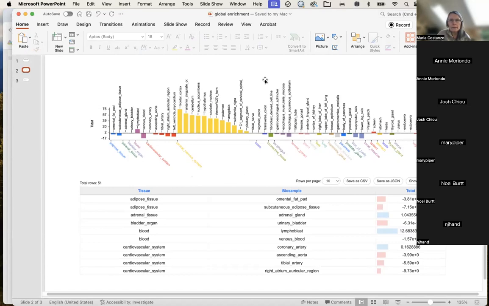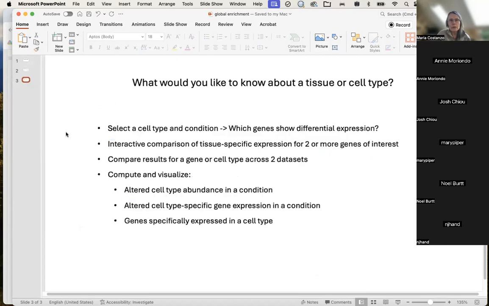And let's see. Also, just some general questions. These are things that we think you might want to know about a tissue or cell type, but we also want to hear from you about different things. As we were talking about, you might want to look in a cell type and under a particular condition, which genes show differential expression. You might want to compare expression interactively for 2 or even more genes of interest in